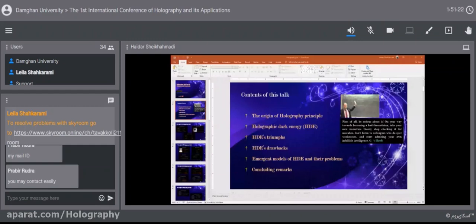Today I will go through investigating the mathematics of the holography principle utilizing the so-called dimensional analysis at first, and hereafter I call it the D analysis. I will also discuss how this relates to the holographic dark energy models. Certainly, the study of emergent models of these concepts also will be interesting, and we will have a little observational discussion, especially with the help of electron and muon gyromagnetic anomaly.